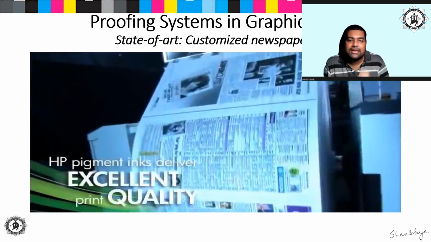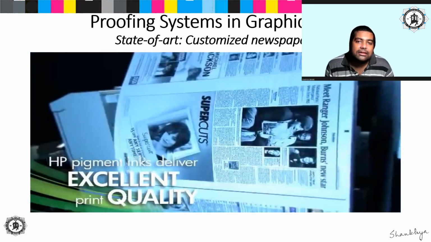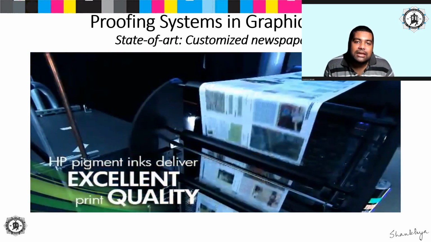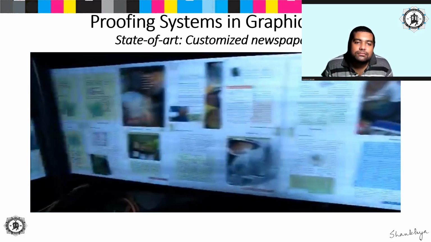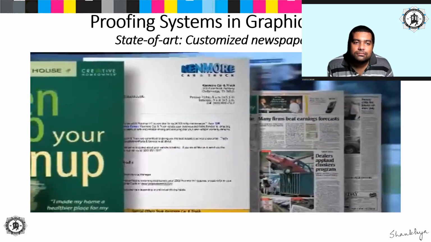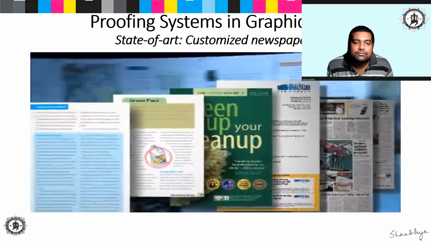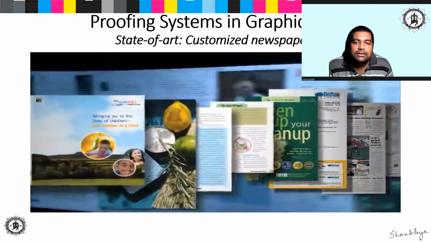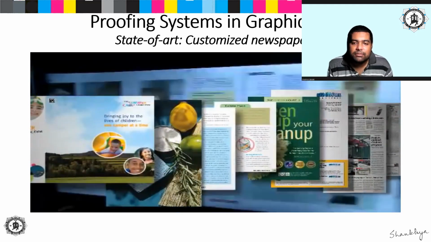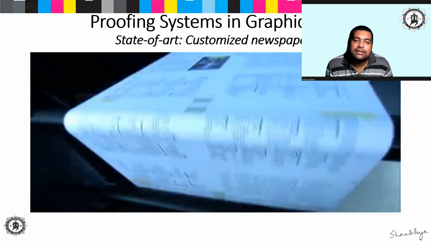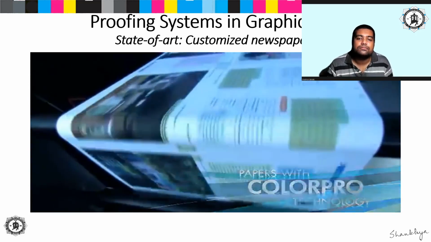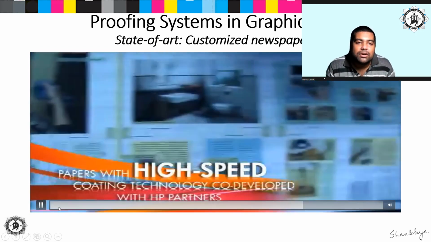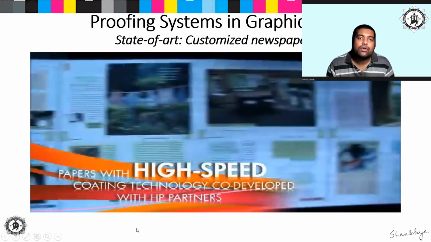HP Pigment inks deliver excellent print quality, durability, and versatility on standard uncoated offset media, as well as a range of inkjet-coated papers. Using HP bonding agent, the HP T200 offers broad media compatibility with standard uncoated offset stocks, including groundwood and newsprint. Print quality can be further improved using uncoated papers with ColorPro technology and high-speed ColorPro coated paper. That is what I wanted to show you before we move on to the topic of thermal